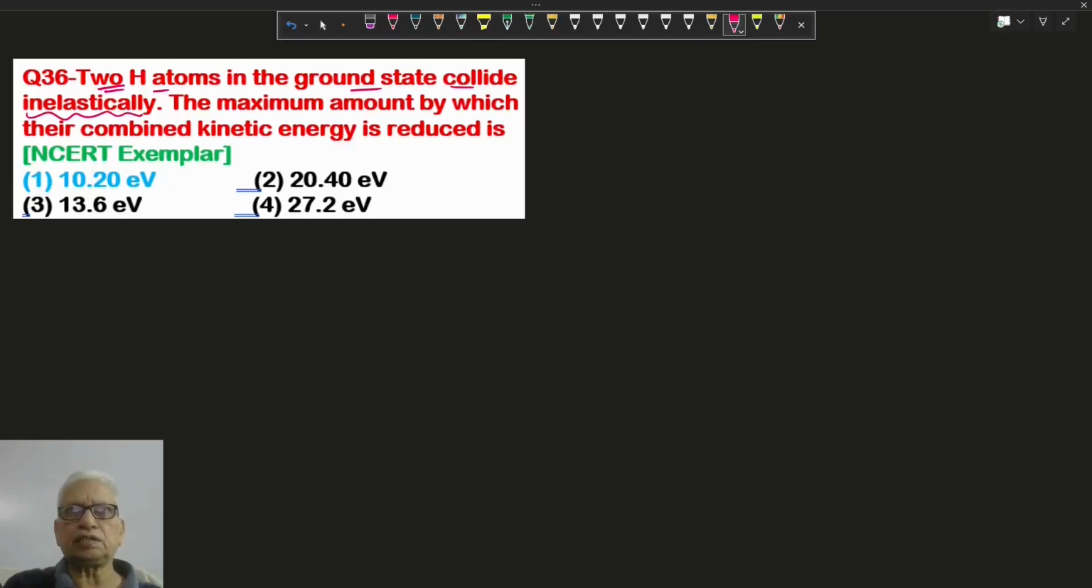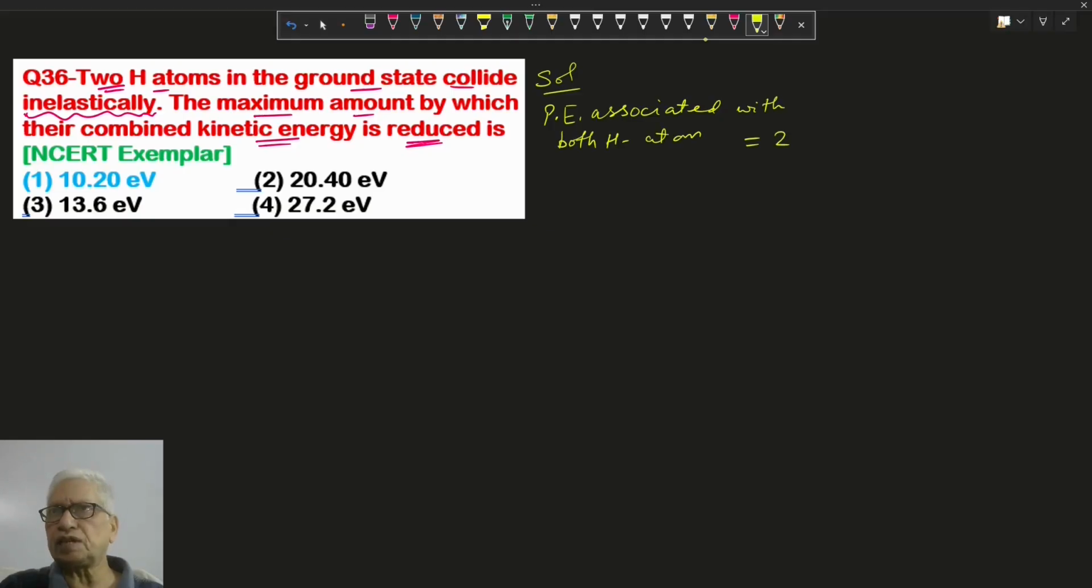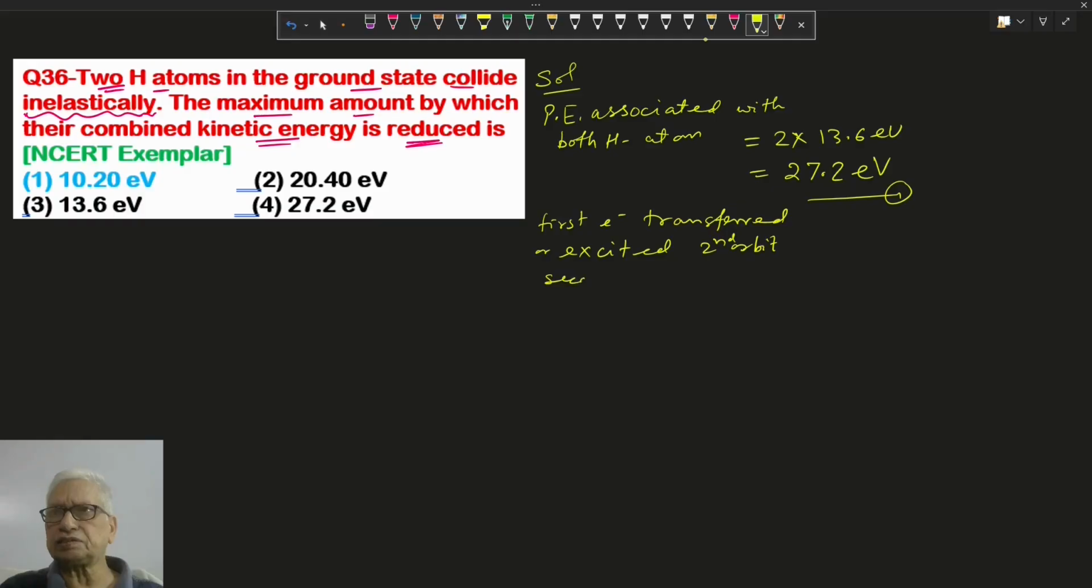We know in an inelastic collision there is always some loss of energy. Now the maximum amount of kinetic energy loss means the potential energy associated with both H atoms is 2 times 13.6 electron volt, that is 27.2 electron volt. Now after collision, the first electron is excited to the next orbit, that is the second orbit, and the second electron remains